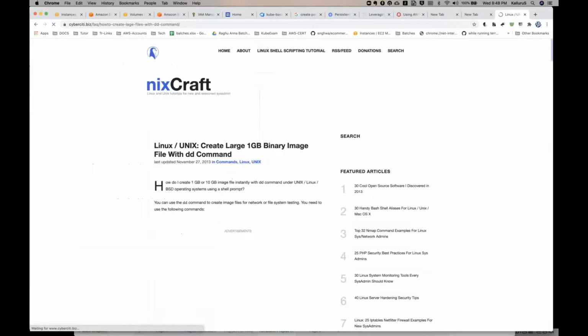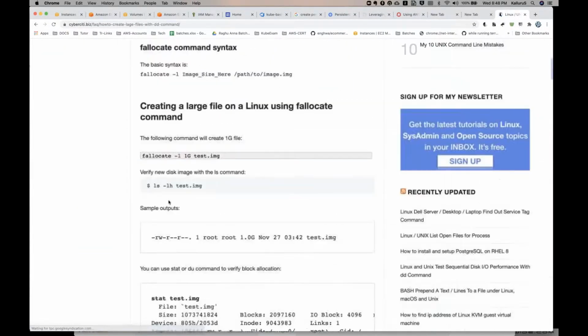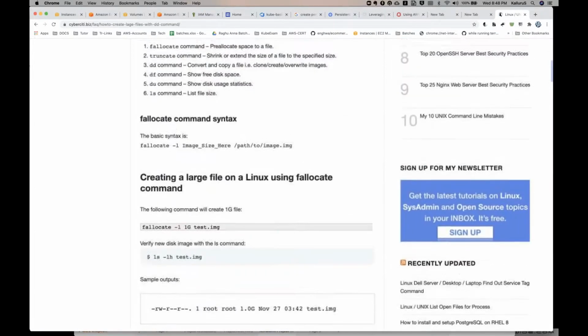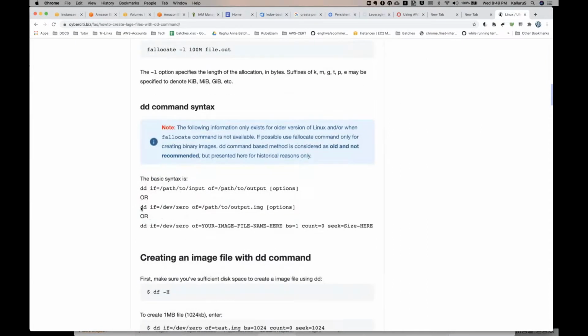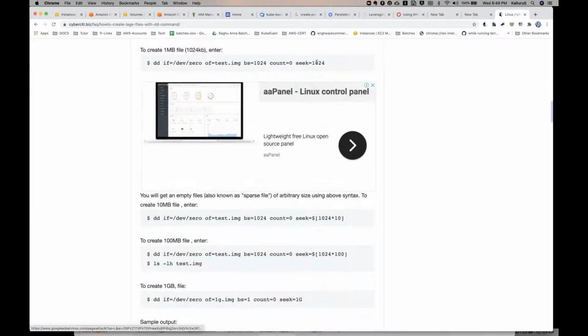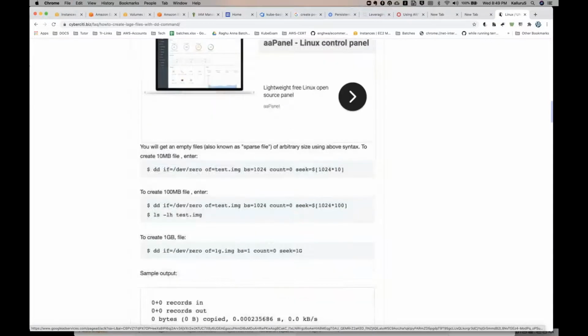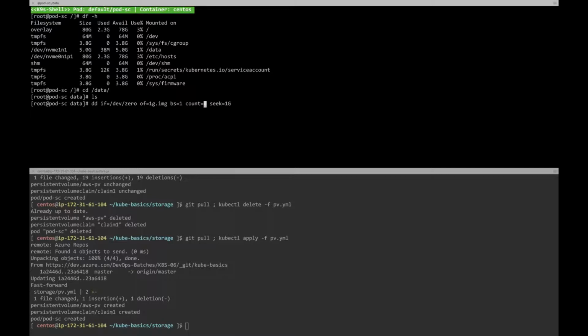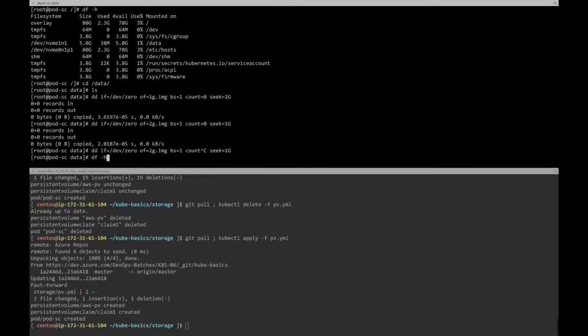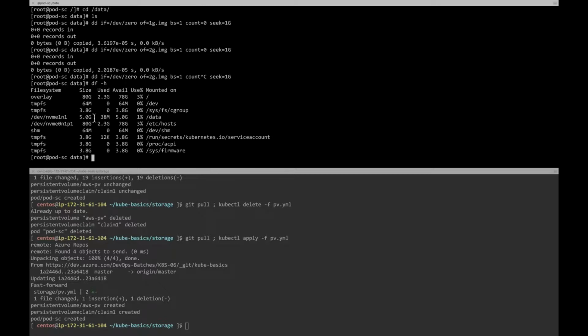By using a command called dd, you can create some files and test the sizes basically. dd with if=/dev/zero and of= this file. Create a 1 GB file, 1G, 2G, and df -h. So it is saying that it has consumed only